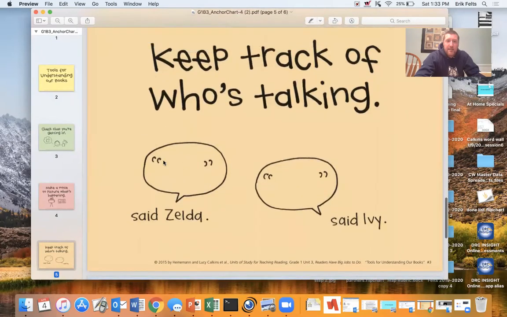Now, you might notice these symbols. These are called quotation marks, okay? So quotation marks are used in a lot of fiction stories. The author uses those to keep track of who's talking. So what I'm going to do today is I'm going to read a couple pages with quotation marks in them, and then we will have an assignment for you guys to do when you're reading a fiction book at home. Okay, so I'm going to use our trusty Zelda and Ivy the Runaways, and I'm going to go to page